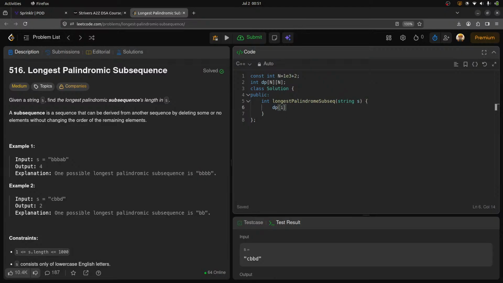Let's say i comma j. So from, let's say, this definition, this represents the longest palindromic subsequence from the ith index to the jth index, right? And what does this depend on? If i and j are equal, then